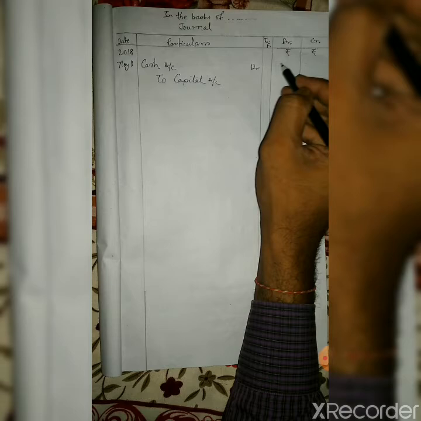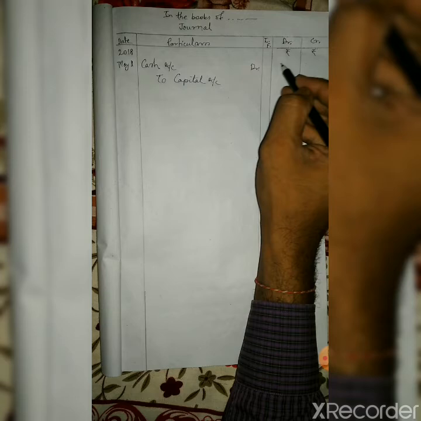So cash is coming in again. Cash is a real account, and under the rule of real account, debit what comes in. So cash is coming, so cash will be debited. So how is it written? First you have to learn. Whatever is debited is written from the left of the particulars column. No space is left in the particulars column. It is started from the extreme left.